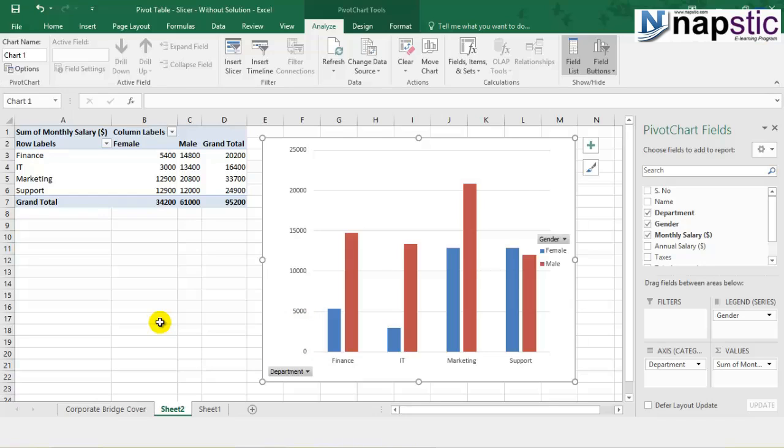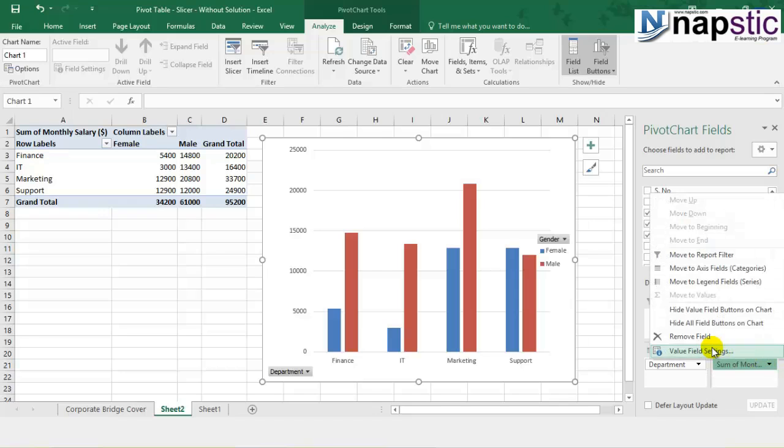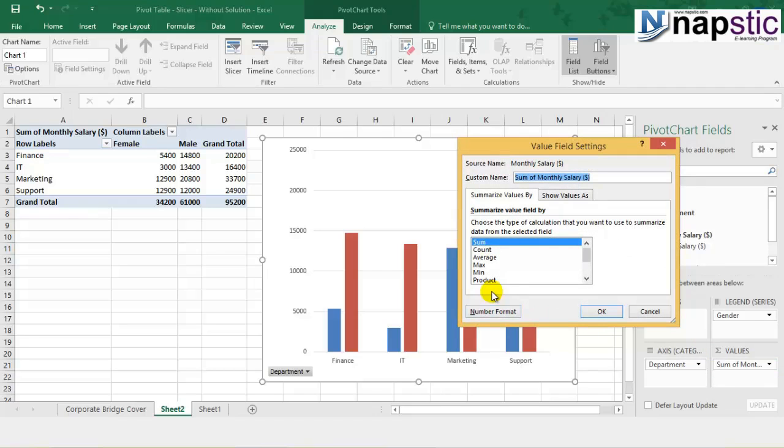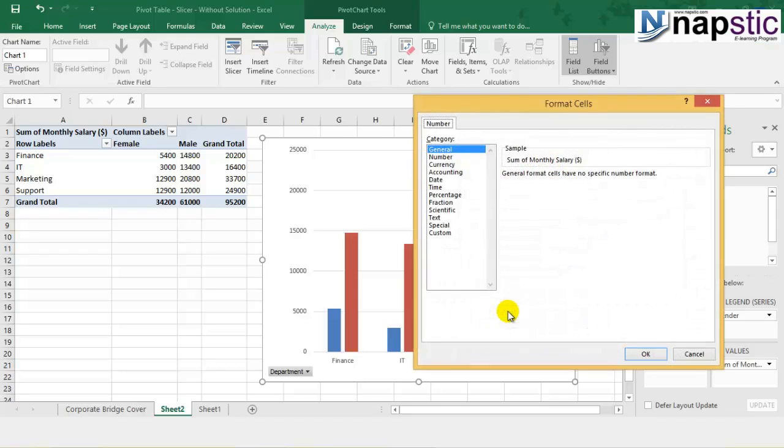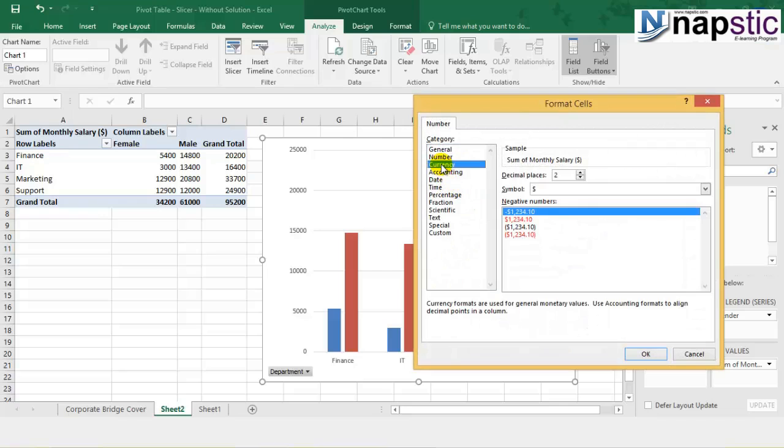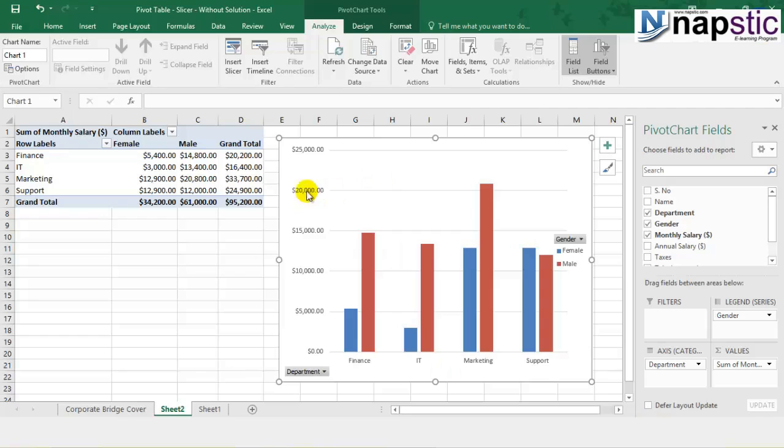As far as the formatting goes, let's say this left hand column over here, this left hand axis, you want the dollar sign to be visible. Since this is the currency, you want that dollar symbol should be there. So what you need to do is click over here on this drop down, click on value field settings, and over here what you want is the number format, right? So we click on number format. Under number format, I want the currency, right? So I click on currency and click on OK. As soon as you do that, you will find that this dollar sign that you wanted has come in. So this is a bit of formatting that you can try.